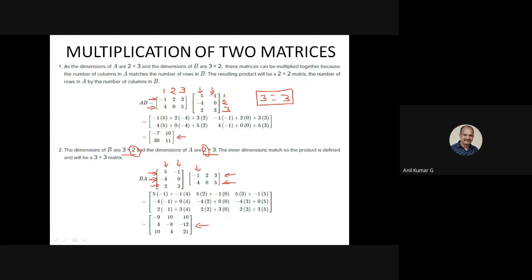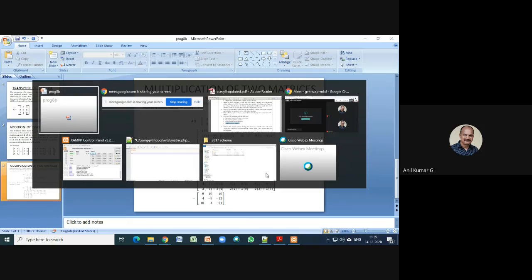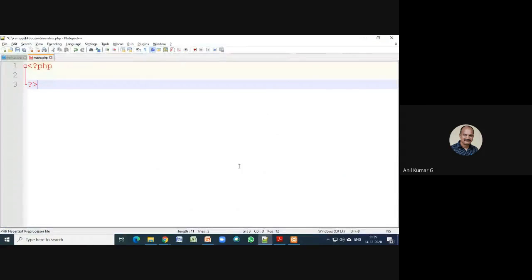Fine. So these are some of the basic rules we have to follow while writing the program. So now we will start writing the program, and we will see how exactly we can form it. Now I am going to write a program to transpose a matrix, add two matrices, and multiply two matrices, in PHP. Since the question does not ask us to read the matrix from the user, we are assuming the matrix. So I'll take $A